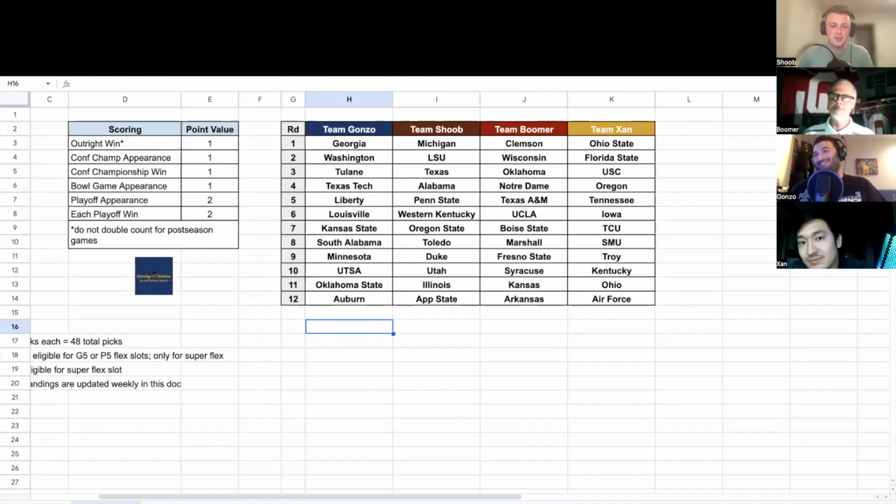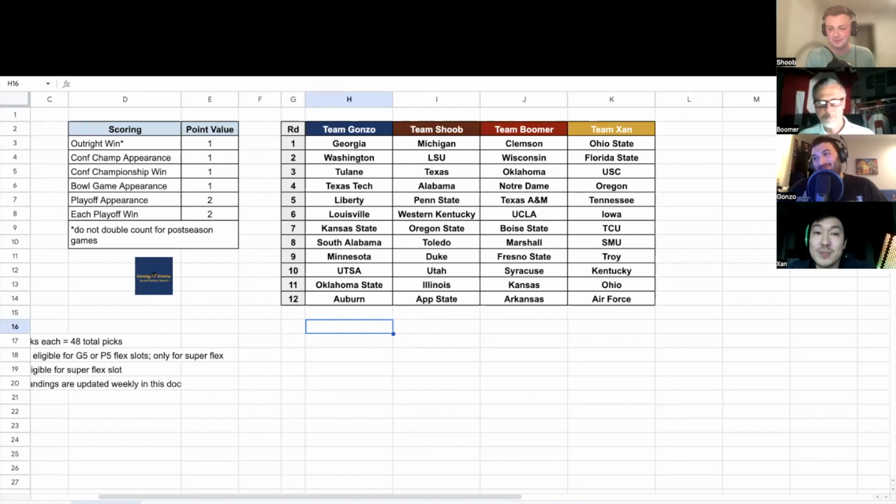Wow. Yeah, but anyways, Gonzo, I went into this draft knowing that you were definitely going to take Tulane early. I really did not expect you to take them on that swing around there. I figured if Gonzo's going to take them, he's definitely going to take them around 5 or 6. So my plan was to make sure I got Tulane by round 4 at the very latest. So you derailed that strategy, but the fact that I got Texas, Bama, and Penn State to fall on my lap, I was very happy about that.